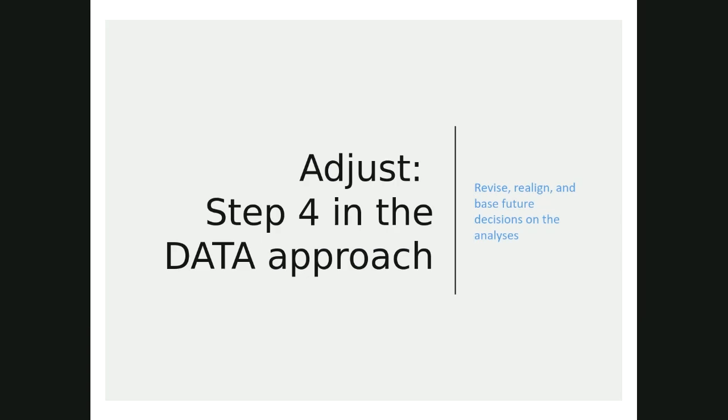Now, that's true in life and with social media marketing. So the last one is adjust. Right? You want to analyze and then revise, realign, and make your decisions for next month based on what you learned this month. What sort of posts worked right? What sort of activity level was good? And that's typically the last step in any process. And in management, it's planning, organizing, staffing, directing, and then controlling. The last step of most any process is going to be to control or adjust.